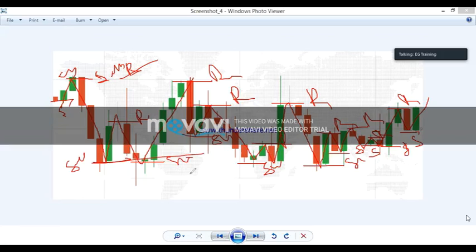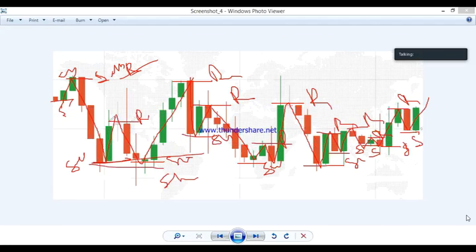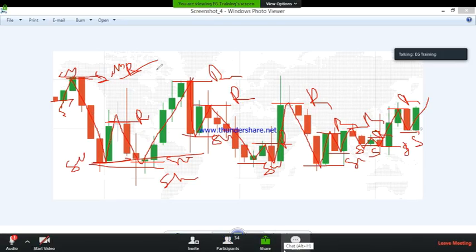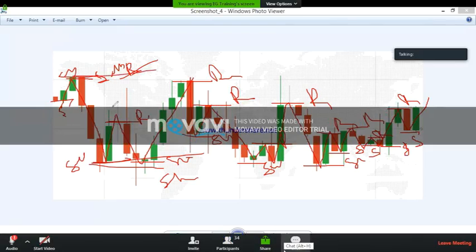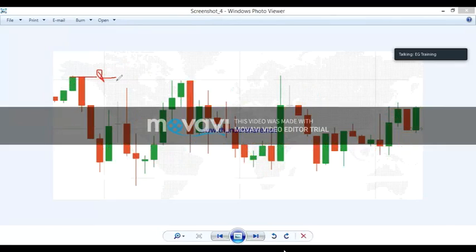So these are the support levels because we are seeing a buyer's entry from this level. These are the resistance levels because we are seeing seller's entry from this level. So whenever the market comes to this level, you can go with sellers. But this is a resistance level, and we don't know if the market will reverse or not.